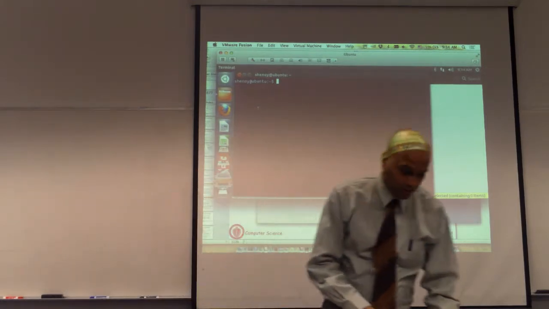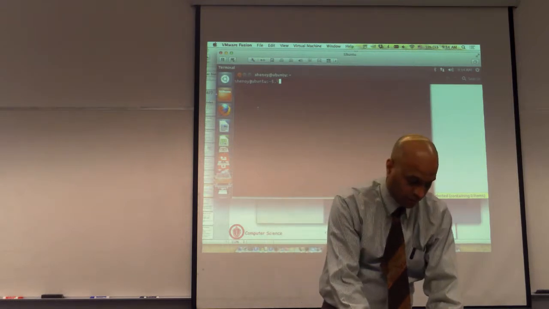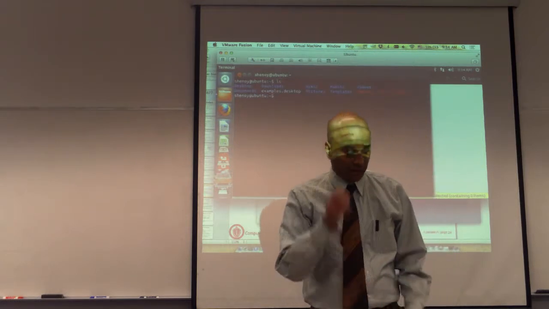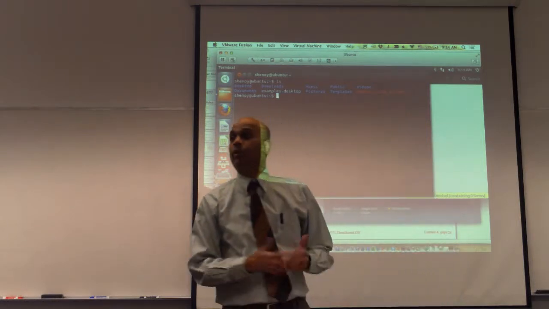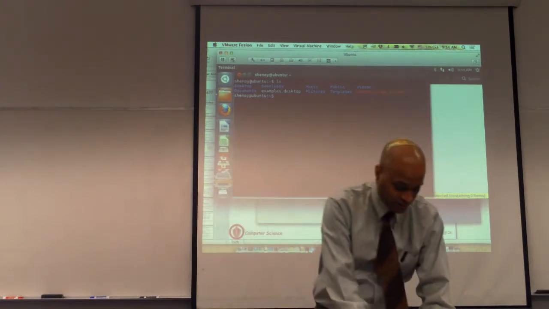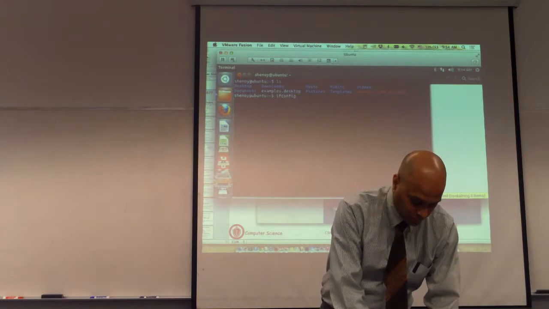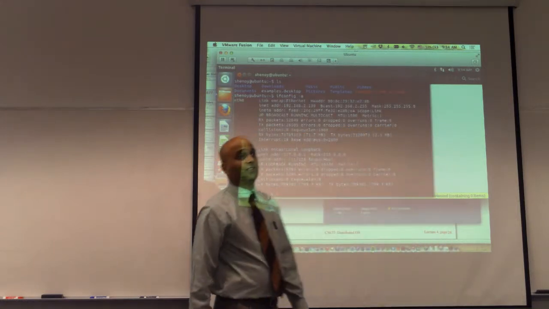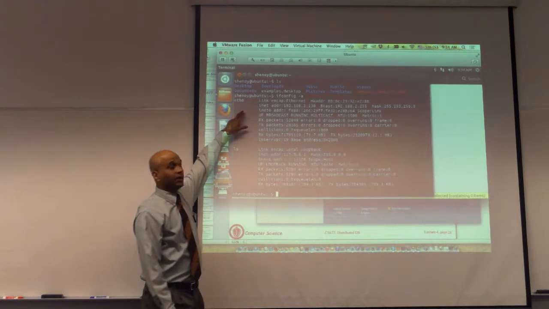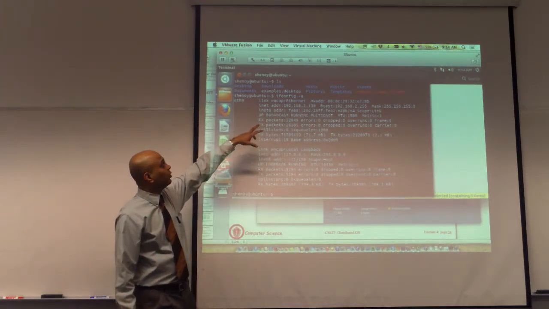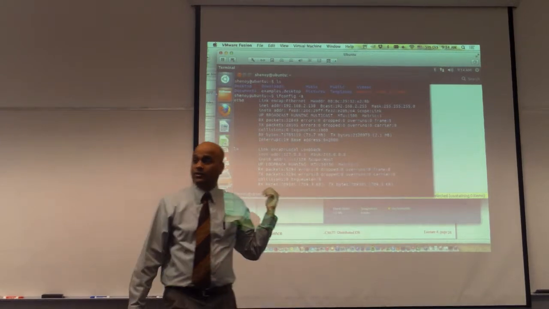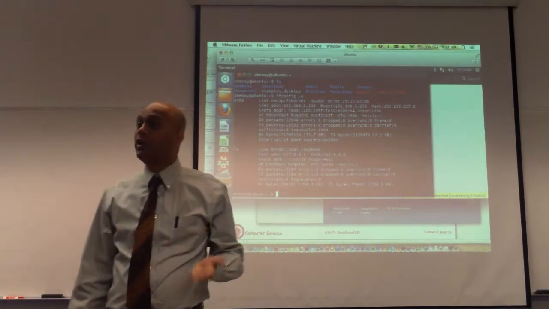Now you can look at various things. You can just do whatever you do on a Linux machine, it's full-fledged Linux running here. And then you can see, for example, how the networking part of it works. If you look inside here, you will see that it has a logical interface which is an Ethernet interface. It has its own internal IP address which is 192.168.2.130. Now that's not a real Ethernet card, it's an emulated card.